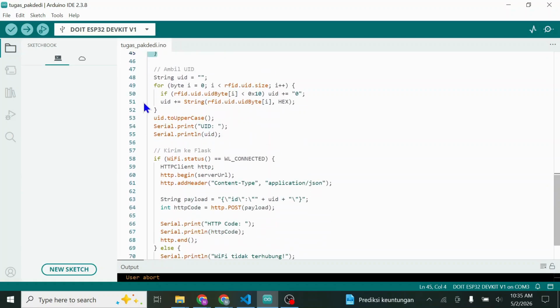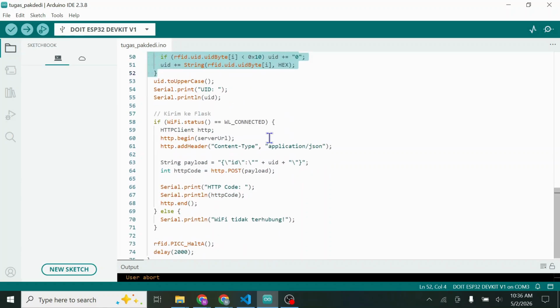If a card is detected, it reads the card's unique ID, or UID. This loop converts the raw bytes into a readable hexadecimal string and makes all the letters uppercase.